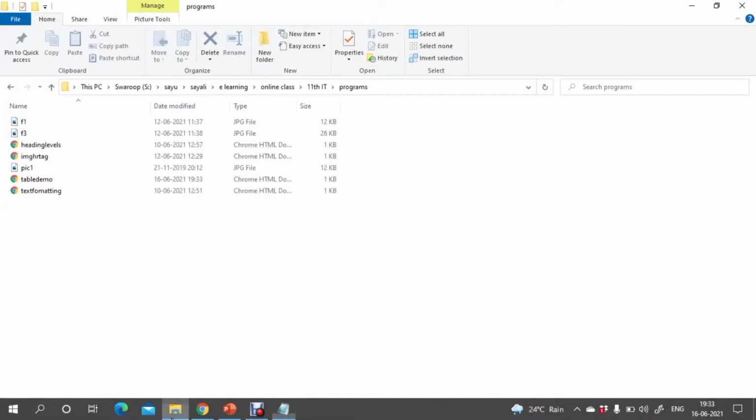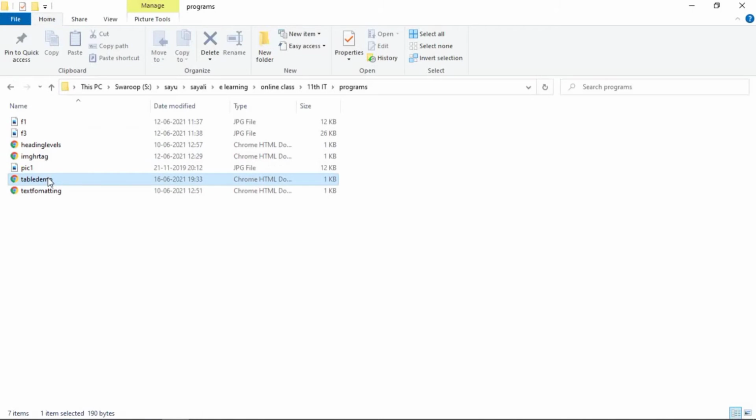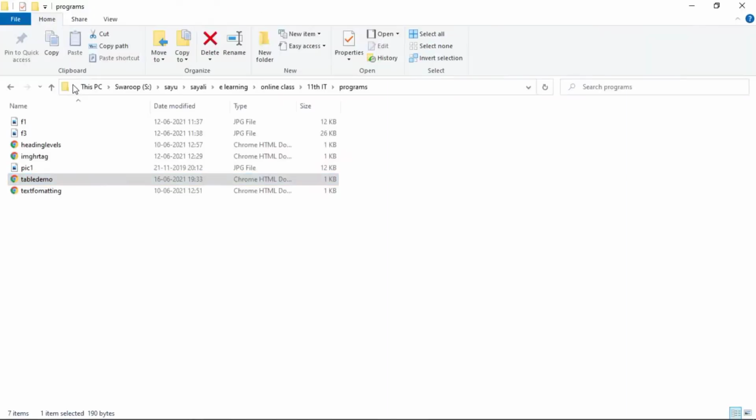Within the programs folder, see here file has been created. So double click here to open the file, and you can see here first row, that is one row has been created, and within that we have added two columns with the help of th tag. That's why it is showing in a bold case.